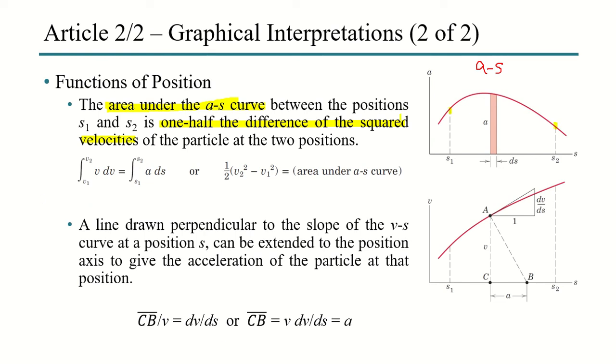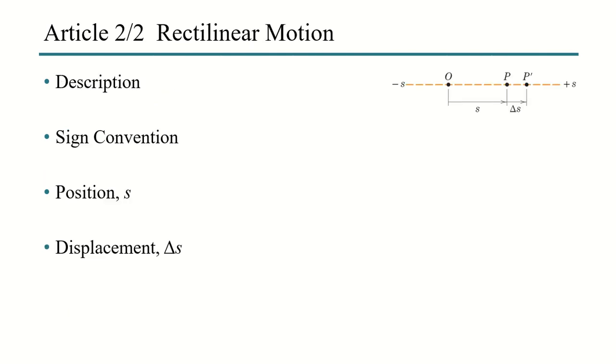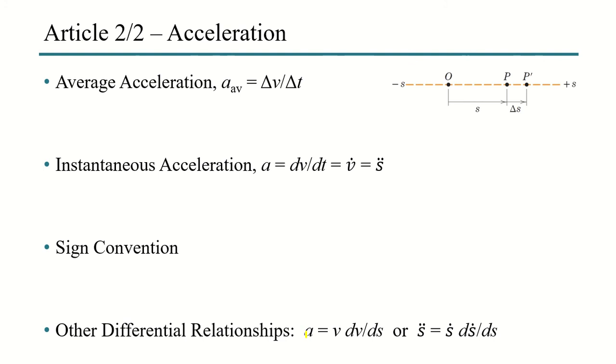So the area under the a-s curve. Okay, and this is derived, no, from this relationship. Again, this is taken from the formula that we have a while ago, no, from this one. Okay, so we have to make use of this formula or this one. Okay, so from that,